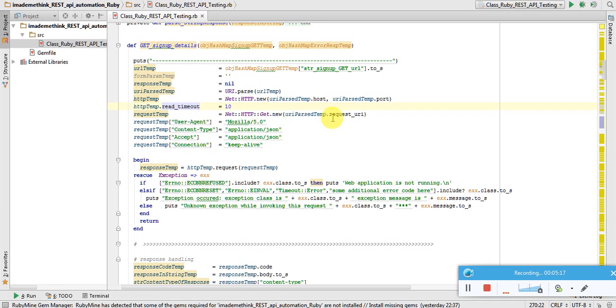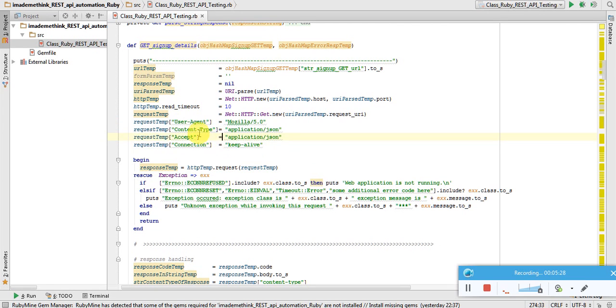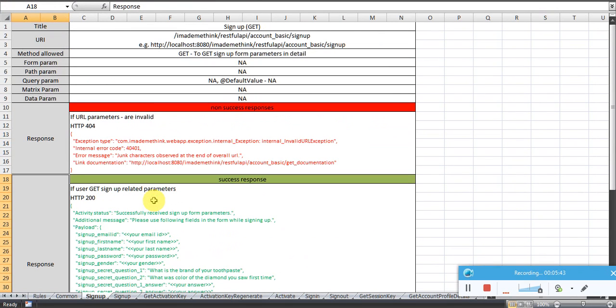And here I am providing the parse temp, the request URI, and this is where I need to set the headers. So I have set the headers as content type as application/JSON and accept type as application/JSON. Connection is keep alive, user agent can be anything. Right now I have taken it as Mozilla. So as we understand from the specification document,